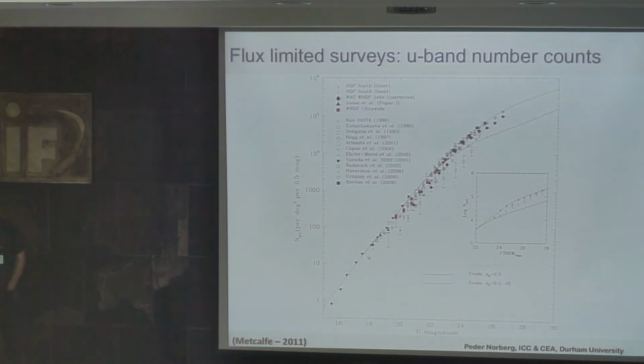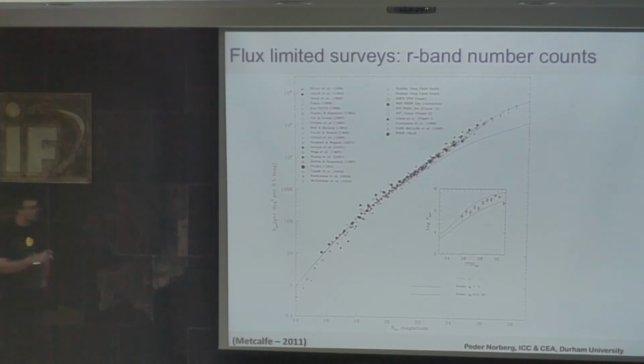You can do this for different surveys, for different wavelengths, and you can see that the number counts are not always the same. They're actually changing. And the fact that they're changing their slopes is again related to the galaxy evolution of the properties and so on. Now, there's a lot of data points here, and different surveys have done different things. And in the end, there are various reasons for the scatter. They're not always agreeing. One of them is sample variance, the fact that the surveys are too small and so on. But the other thing is also magnitude definitions. They're not all exactly identical in all cases.